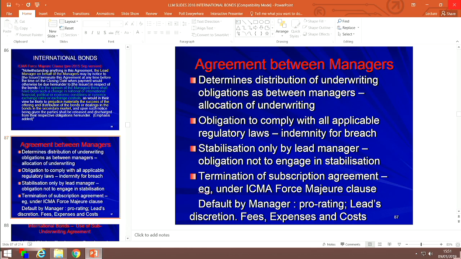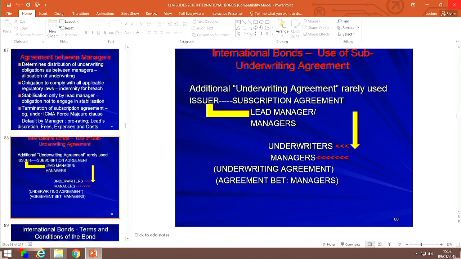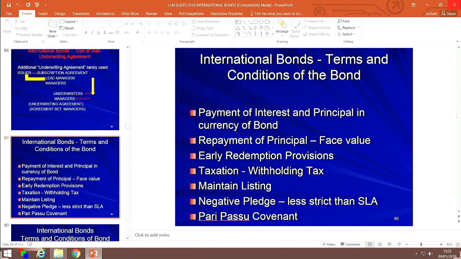Consequently, I'm not going to talk about the offering circular now and what's in it and what should be in it. I will deal with it when I come to talk about regulatory law in the coming weeks, because I just need to go through what the EU prospectus regulation requires to be included in the prospectus and offering circular. So I'll deal with that at that point in time. I mention it only at this stage to note that it is the third of the documents which is readied on signing date.